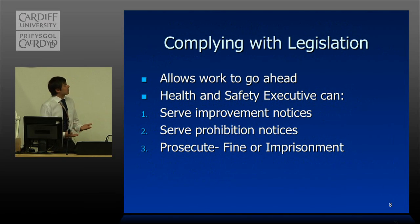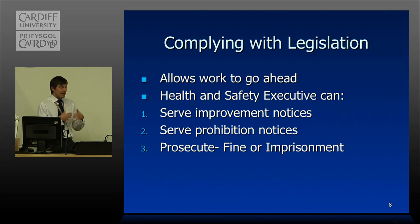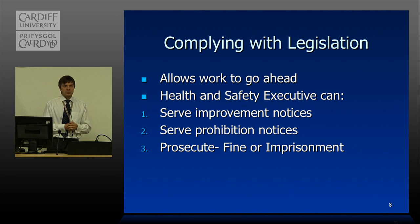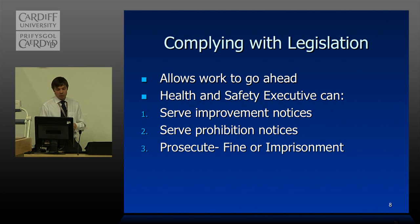And the reason why we need to comply with legislation is mainly so we can go ahead with work activities. Now, this talk is mainly aimed at laboratory procedures and safety within laboratory areas, but this covers office areas as well, and even communal spaces. But again, in order for us to go ahead with work, we have certain restrictions put in place, because